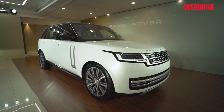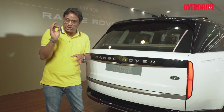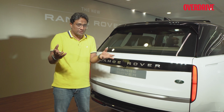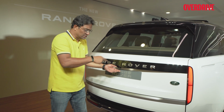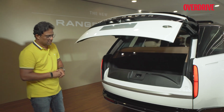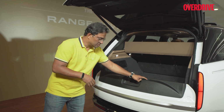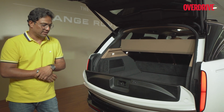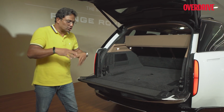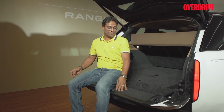With the new generation Range Rover, there are certain additions to the tail end as well, which keep in line with Land Rover's philosophies for that matter. I'll show you this because this is critical. You've now got a split tailgate. This is interesting because Range Rover, or rather Land Rover, always believed in giving you this feature in all of